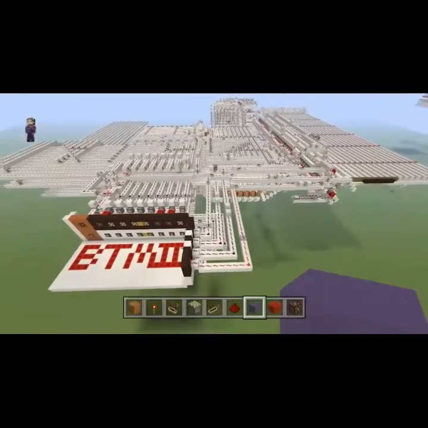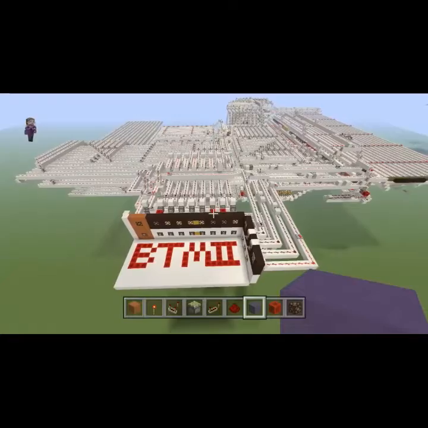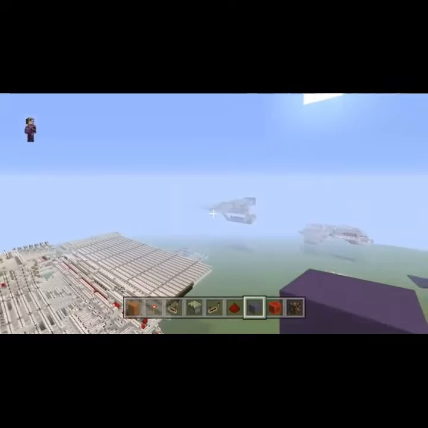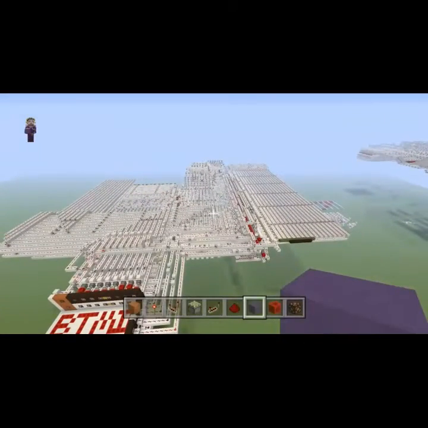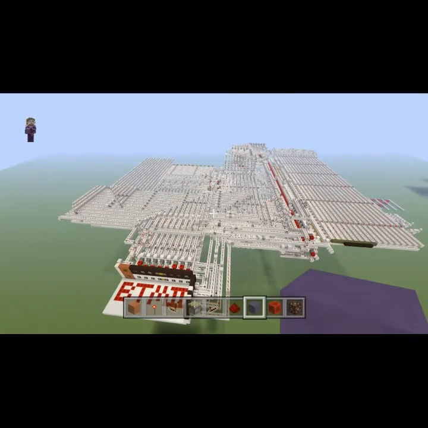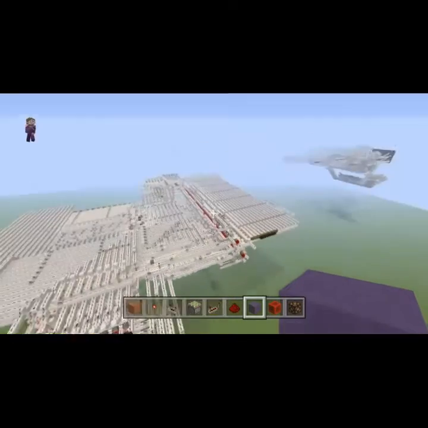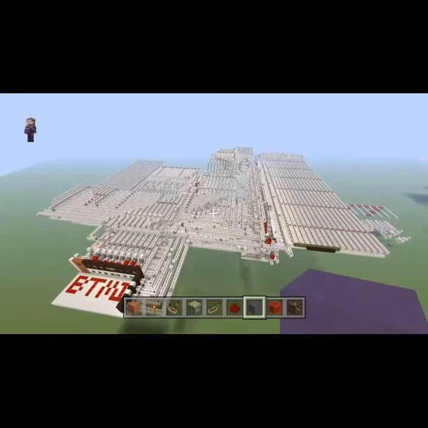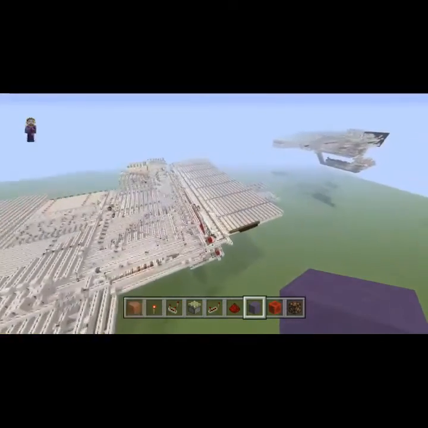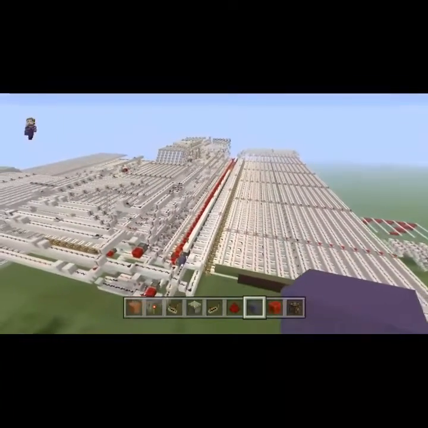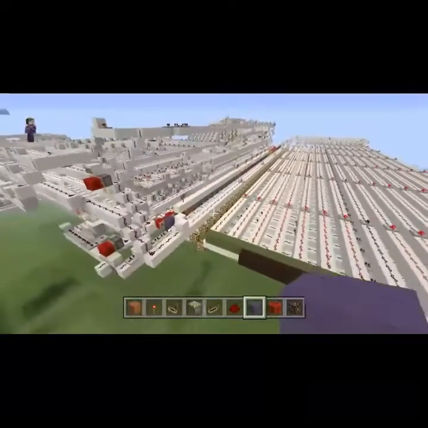So, what I have to show you today is BTM II. For those who don't know, BTM was my very first proper Redstone computer, I guess you could say. Now, this one has a lot of different features than the original, however, still goes off of the name BTM. BTM standing for Big Testing Machine, mostly because I could not think of an original name for it, so yeah. Anyways, so